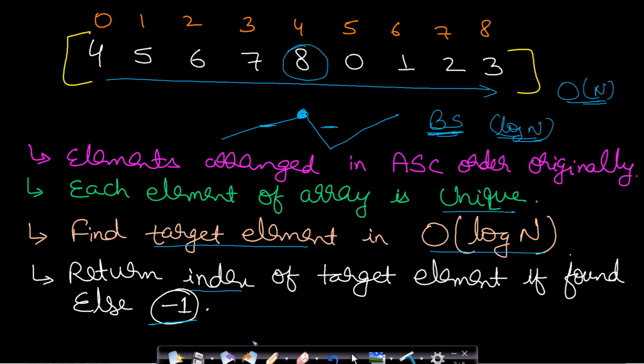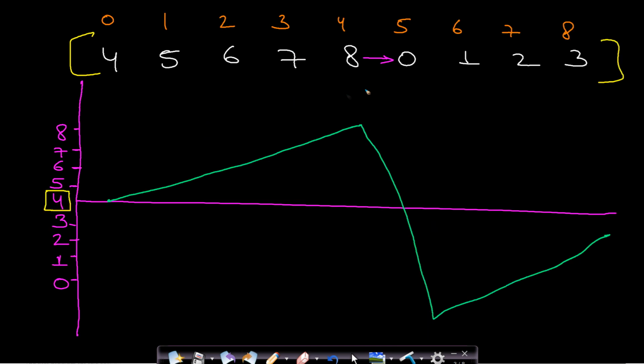Now let us see one important observation for solving this problem. In this case I have drawn a graph. This line denotes a value 4. Now you can see that I have assumed 8 to be the pivot element, and after 8 the graph is going down to value 0 and again it is increasing. So on the left hand side, this part from 4 to 8 the graph is in increasing order, from 0 to 3 the graph is in increasing order, but between these two points 8 and 0 the graph reduced drastically, and all the elements to the right hand side of the pivot element are lower than all the elements to the left hand side of this pivot element. So this is one important observation for solving this problem.